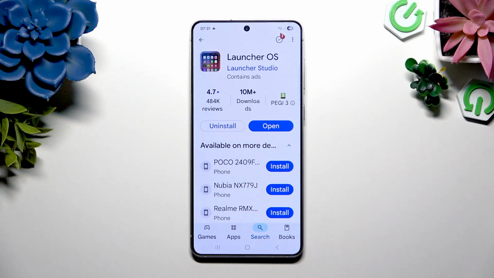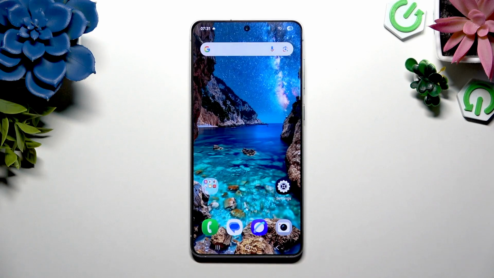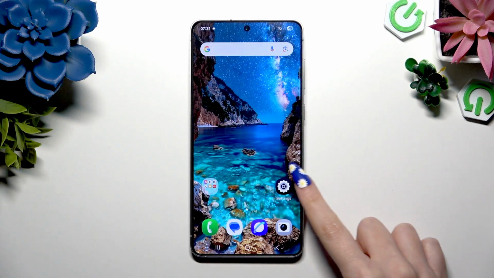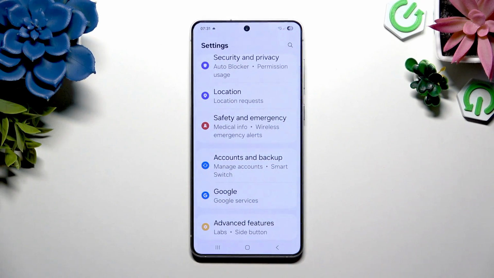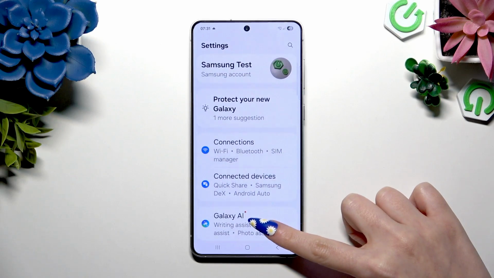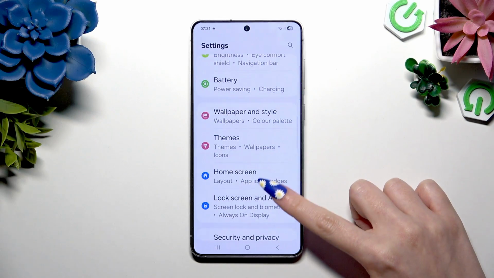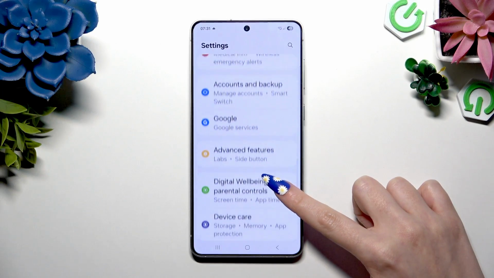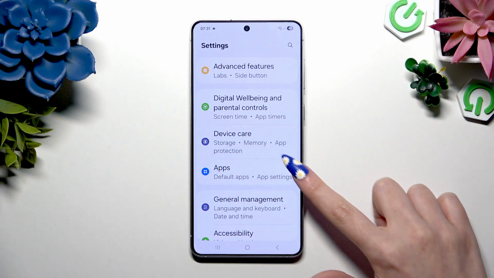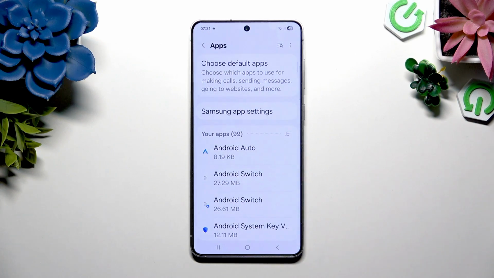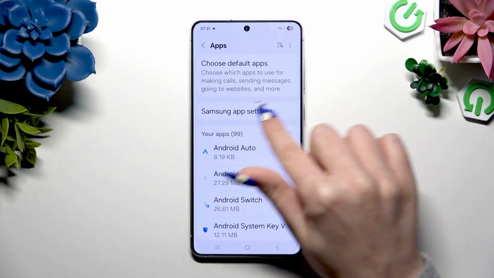Now, with both of your apps or more of your apps ready, you can exit Play Store and go into Device Settings. Then you need to scroll down to click on Apps. Over here, under Device Care, click on Choose Default Apps at the top